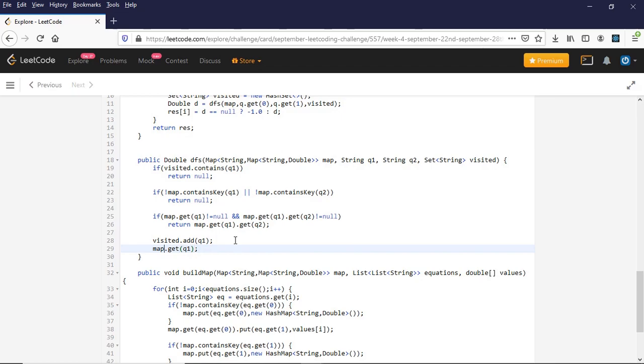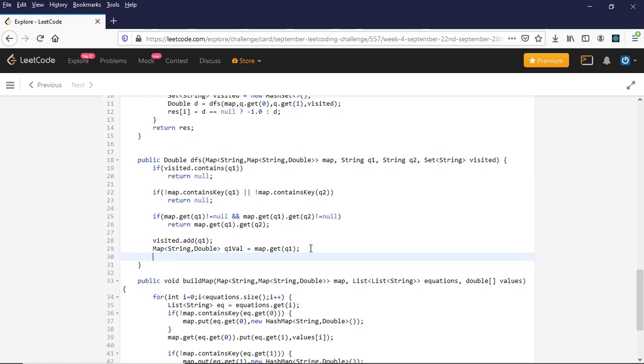So map dot get q1 will return me a map of string comma double. It's called q1 val equal to this, and then I'll go over these values dot key set.